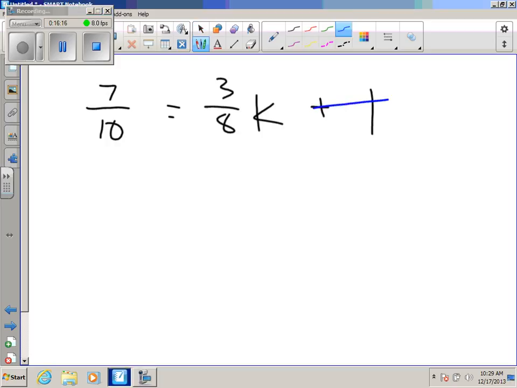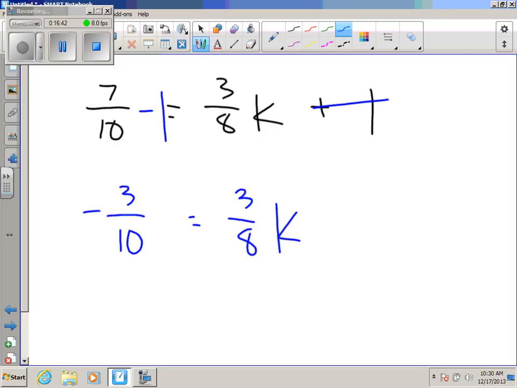You went ahead and you subtracted 1 whole from 7/10. Essentially, if you're subtracting and you have 10 as a denominator, it's basically like saying 7/10 minus how many tenths? 10 tenths. 7 minus 10 is negative 3, right? So negative 3/10 equals